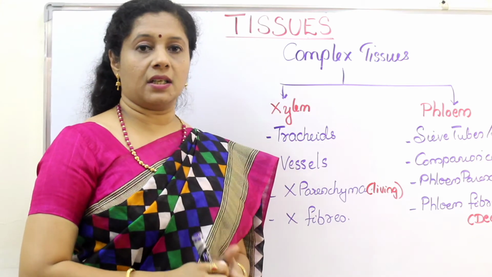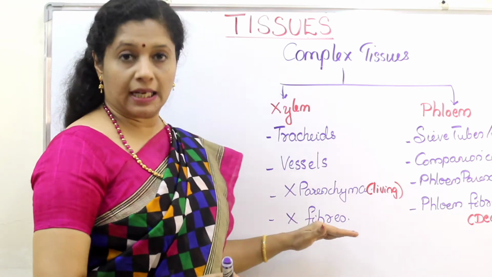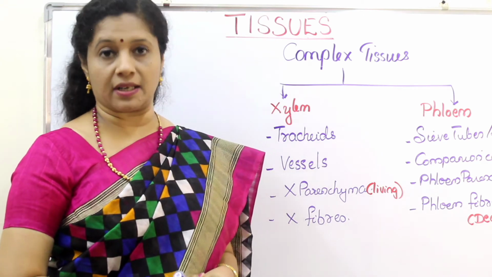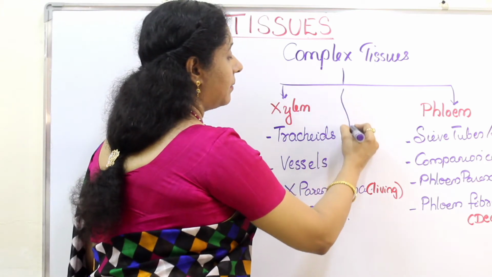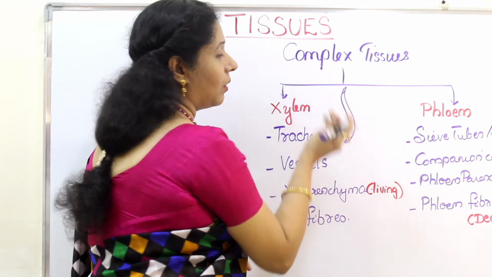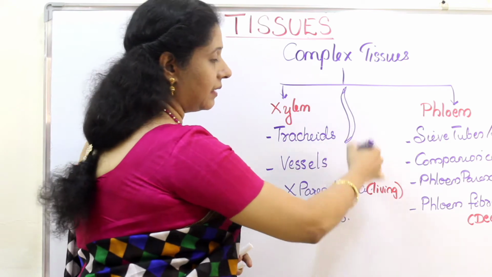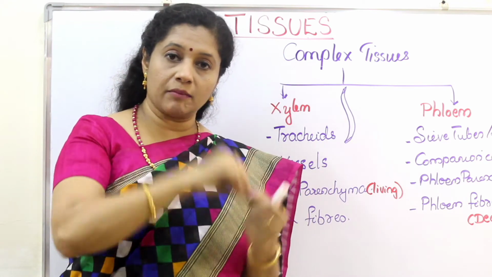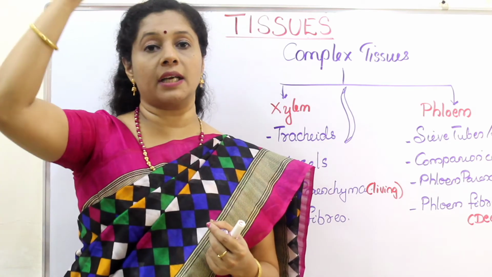Now let us see the structure. These cells have thick walls. Among the 4 elements in xylem, the tracheids and vessels are the ones conducting water and minerals. Tracheids have a tubular structure but with tapering ends. The ends are narrow or tapering, and they have an opening so that another one will be attached to that, like how we connect straws. It is connected from the root till it reaches the leaf, making a continuous column through which the water can move up.